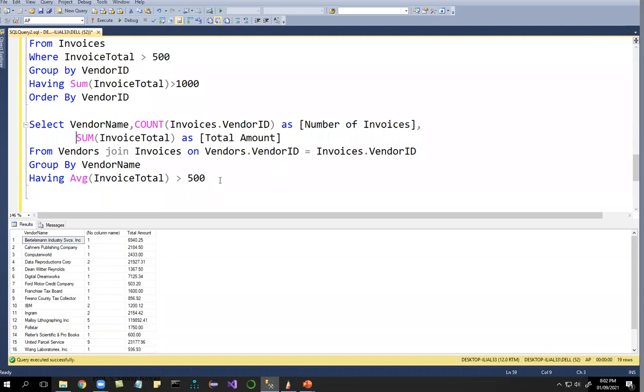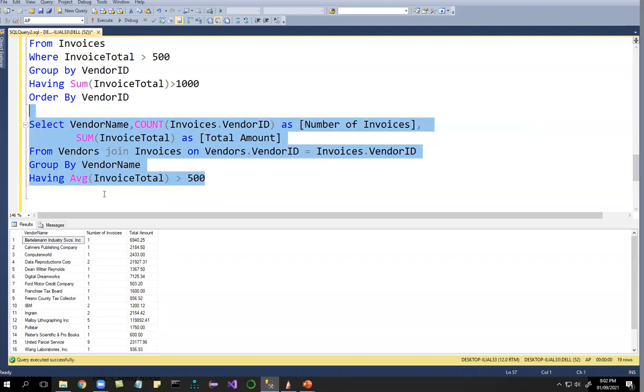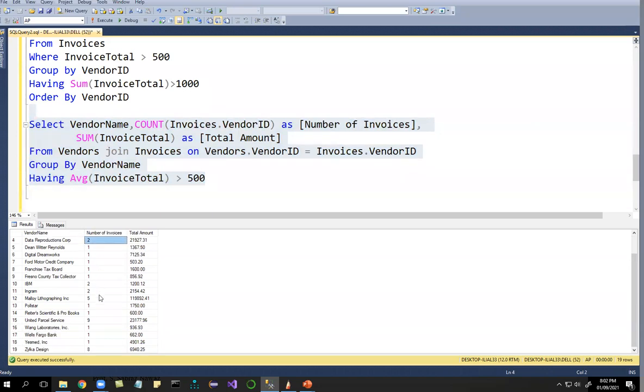Okay, here you see number of invoices from one invoice to one invoice, two invoices. Okay, so if you want to display more than two invoices,